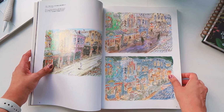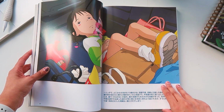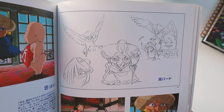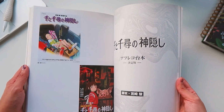Just seeing the level of detail. Again, character design, background designs, background art and all of that. A couple of stills from the movie as well, which is kind of cool. But this was definitely a really good book to look at. But again, I don't really have much to say about it. It's really pretty, you guys. So that was pretty much most of my art of animation books, and we're gonna lean